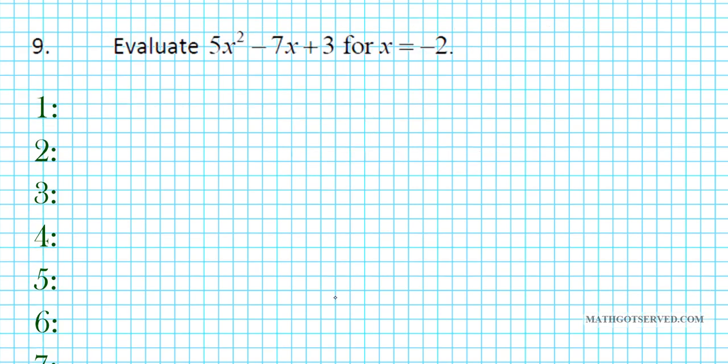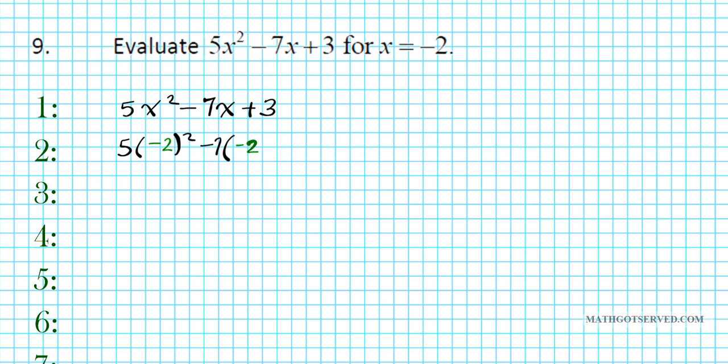All right, let's take a look at number 9. It reads, evaluate 5x squared minus 7x plus 3 for x equals negative 2. So all we're doing here is basically replacing all the x's in this expression, 5x squared minus 7x plus 3, with negative 2. If we carry out that substitution, we'll have 5 times negative 2 squared minus 7 times negative 2